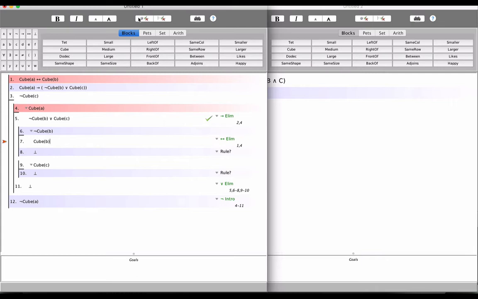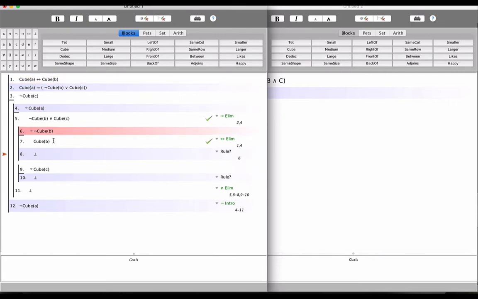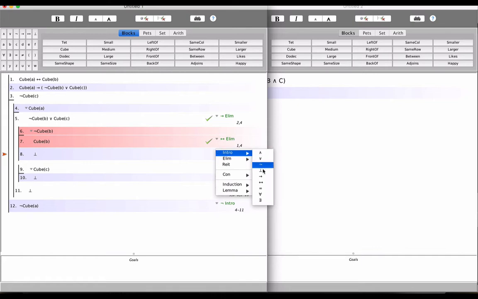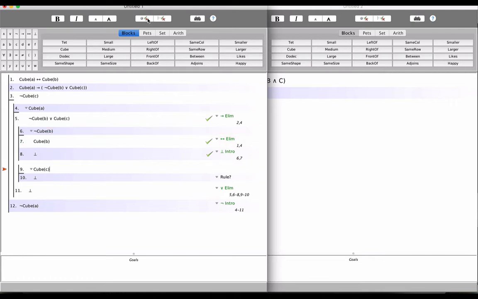Let's check our success, and we get the green light, as it were. Now at line 8, we express the contradiction of, or between, lines 6 and 7. That is, we introduce the contradiction. Again, another check mark. Moving on to the second half of our 2-part disjunction elimination subproof sequence, we assume cube